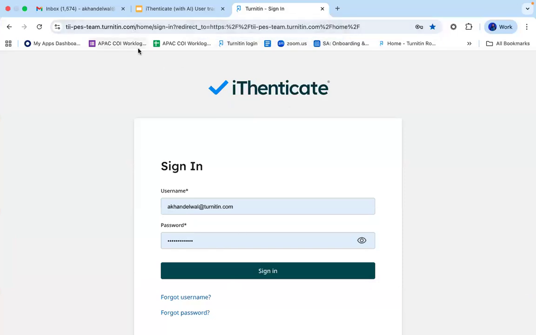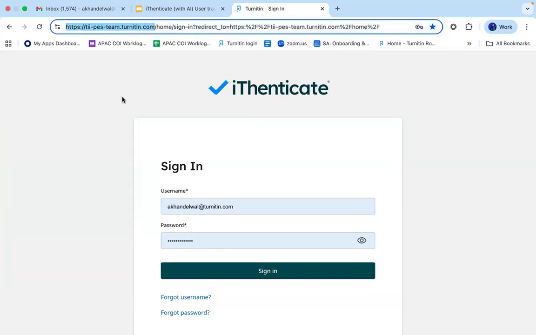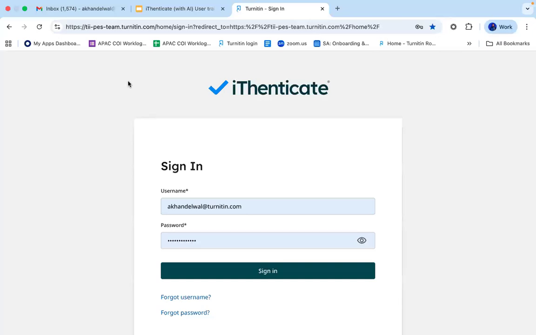Now you will be receiving a proper email from Turnitin having the link to join, which will be personalized to your institution. The link that you can see on my screen is my demo link meant only for my use. But for you and for your entire institution, a separate link is created. So only those who have been added as a user to Authenticate by your administrator will be getting that access from your institution account of Authenticate. Okay. So if you do not have access, please consult with your administrator and ask them if you have been added there, or you can provide your details and they can add you over there.